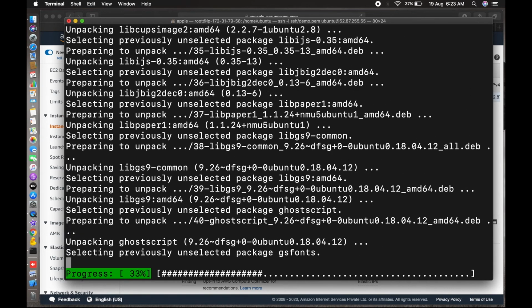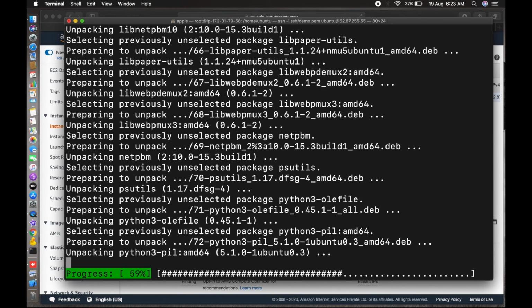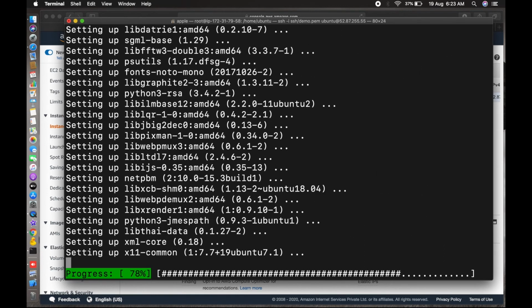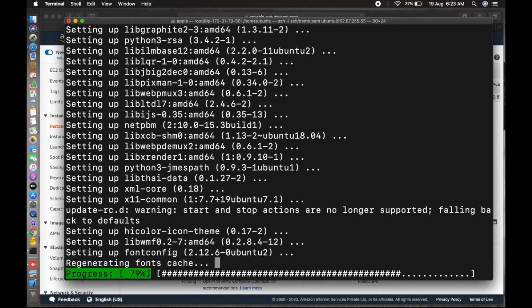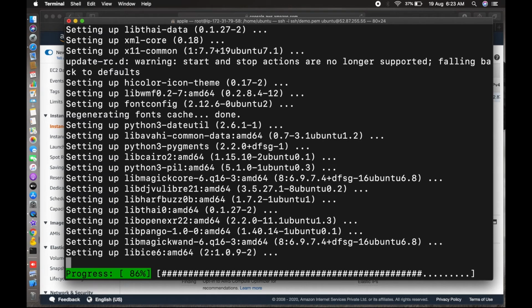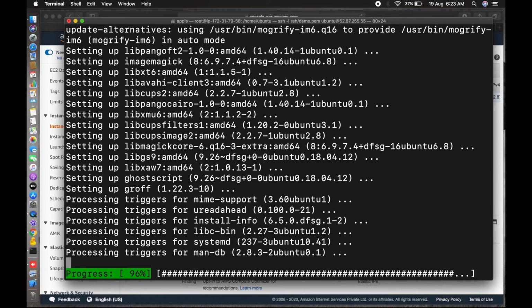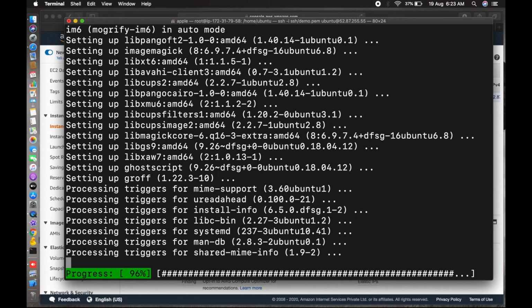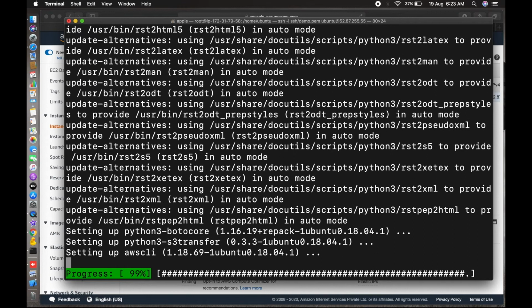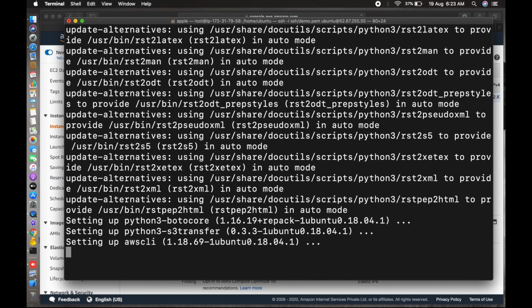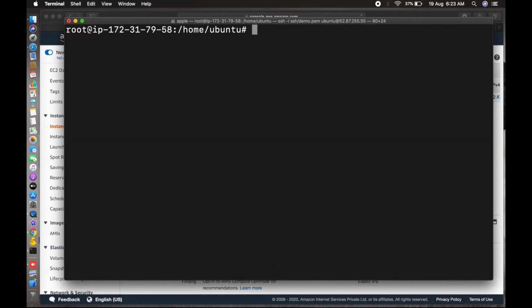After that we'll access this S3 bucket from the EC2 instance, so that we can take a backup through a cron job. After the backup of the MySQL or SQL file, we can keep it in the S3 bucket as a backup file. Okay, so now it's installed. Now the AWS client is installed, so let me clear it. Yes, so now you can access AWS S3.